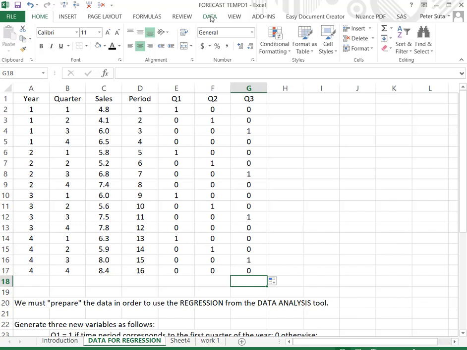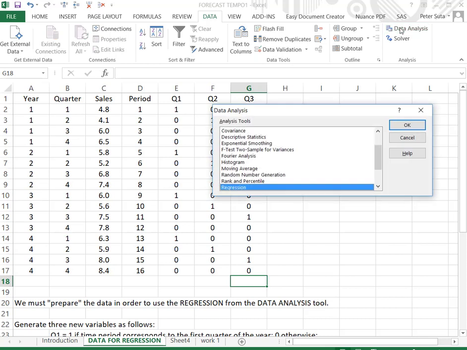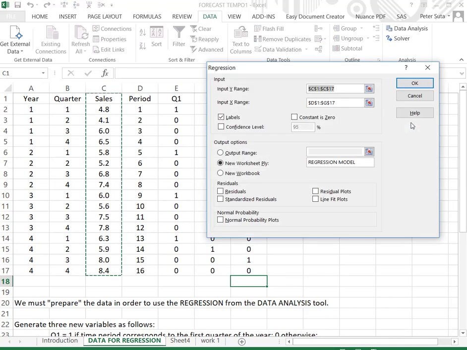Click on data, click data analysis, find regression tools, click OK. Now here variable sales has been selected, which is from C1 through C17,